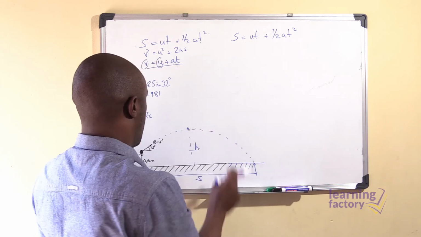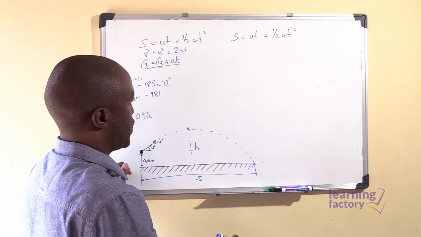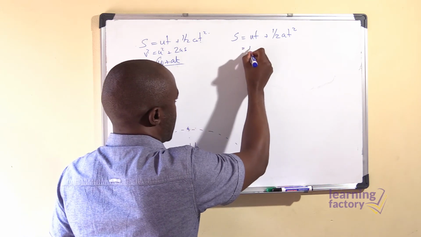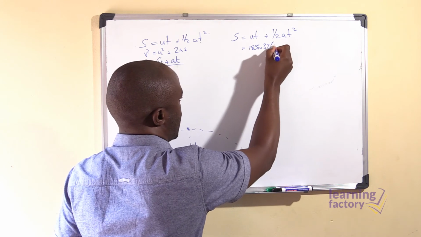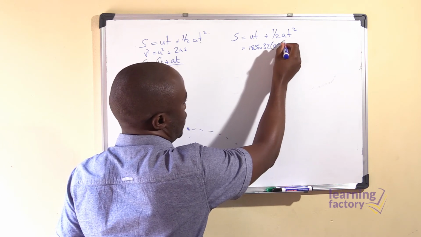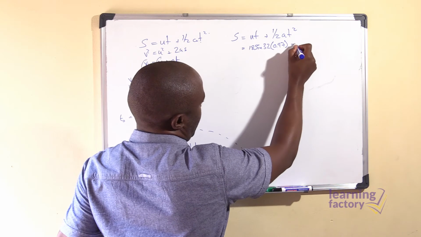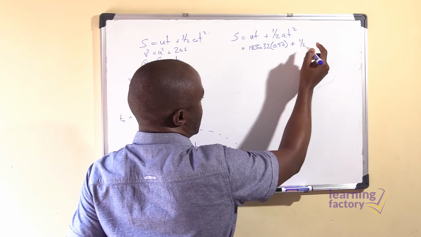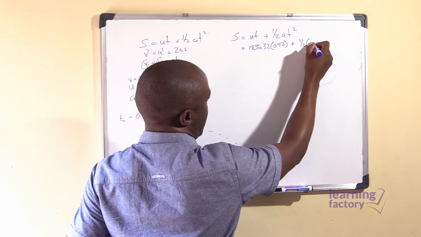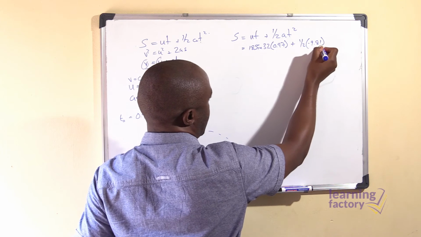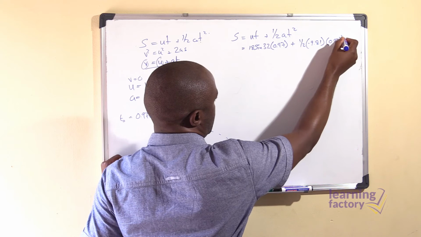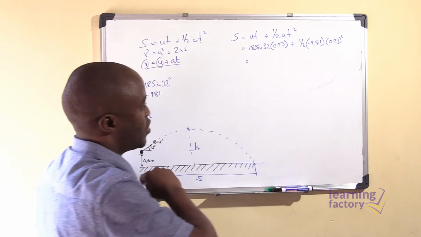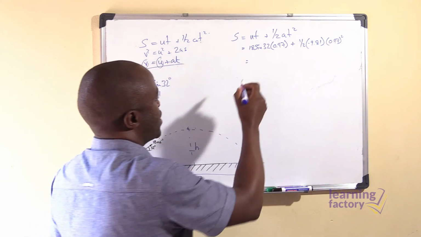Our value of u, in the vertical direction, is 18 sine 32 degrees, and our time is 0.97. Plus half, our acceleration is acting downwards, force of gravity minus 9.81, and our t squared 0.97 squared. When we punch that into our calculator, the values we get are